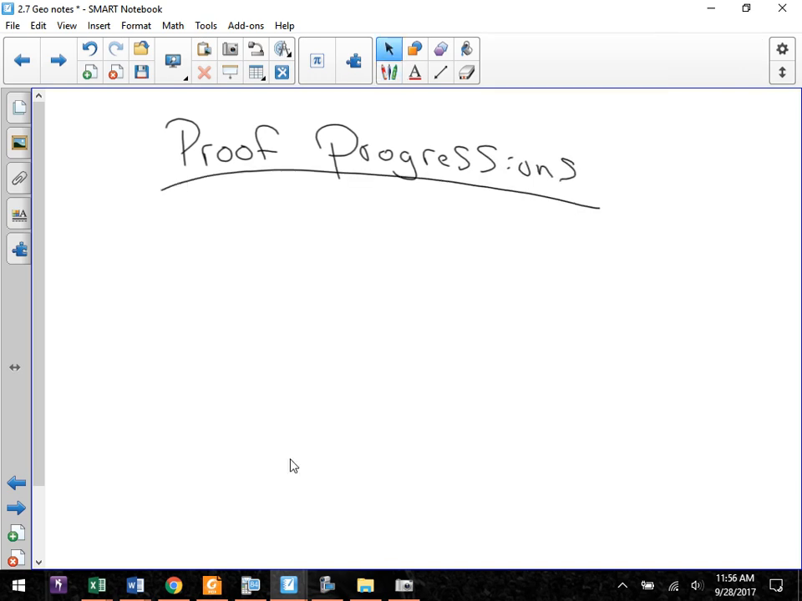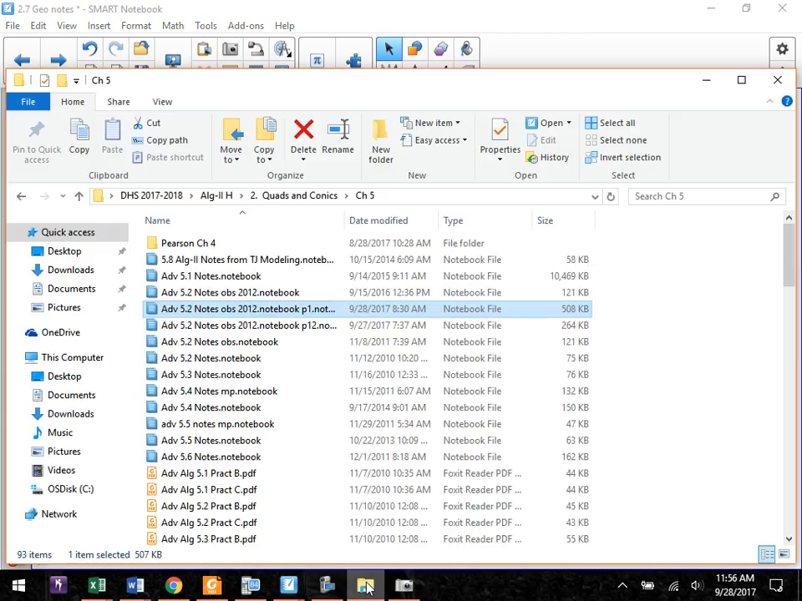I want to talk about this idea of what's called a proof progression. It starts at where we're going to be at today with this angle stuff that we're going to look at. Over the past however many years, I know that students just have a hard time looking at a proof and knowing where they want to start, to be honest with you. They look at information